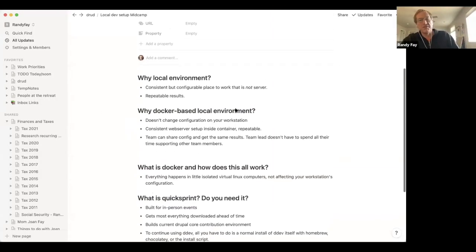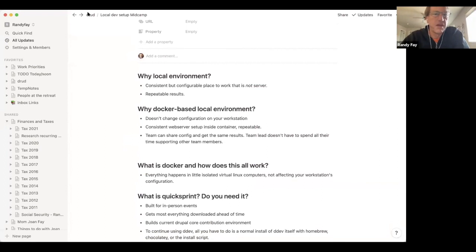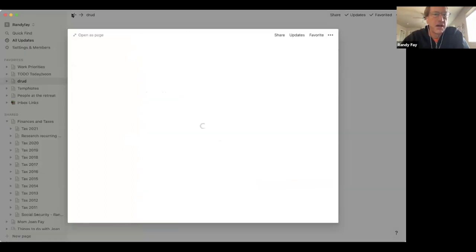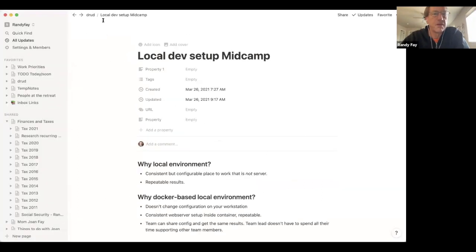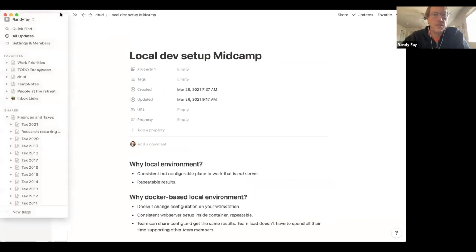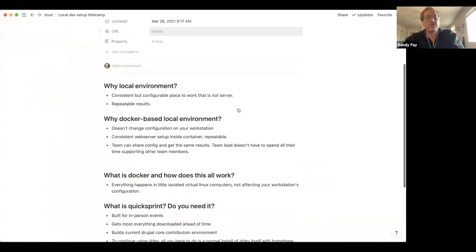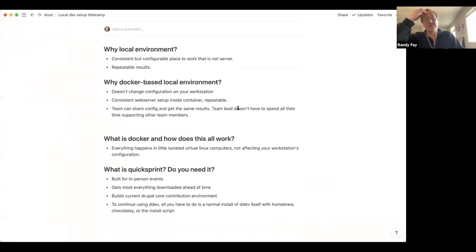This isn't very complete or anything like that. I just wanted to make sure that everybody had the framework in place. And so forgive me if I'm repeating things that you know already.